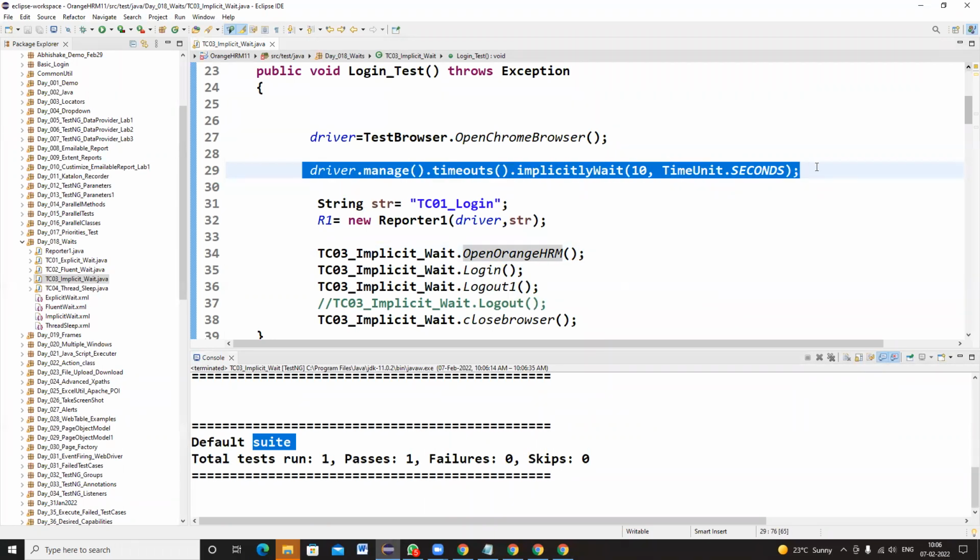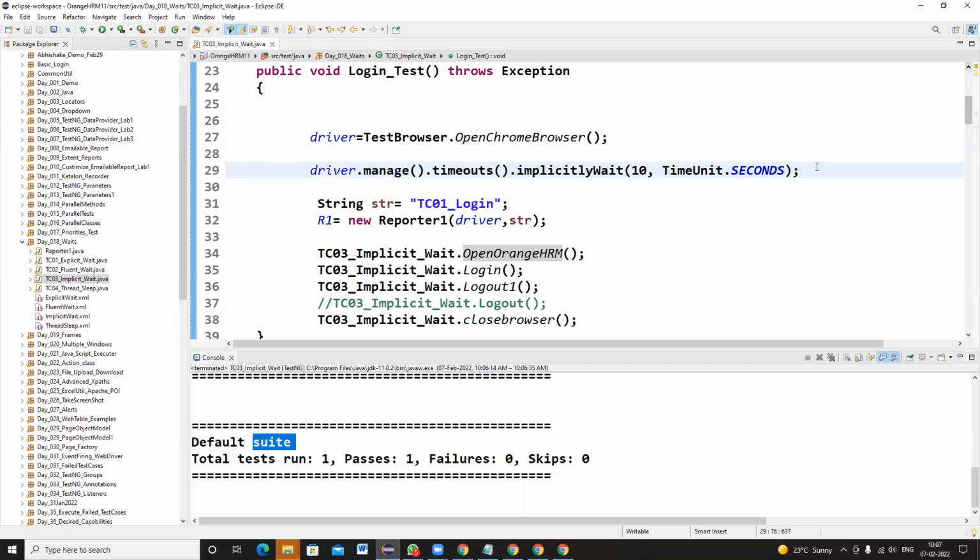In interviews, people will ask what is meant by implicit wait. The driver will wait as per the implicit time specified. In case any web element is not loading, the driver will wait as per the implicit time specified. This rule is applicable to any web element, not only logout. In case it gets loaded within the implicit time, the driver can handle it automatically at that particular line. Clear to everyone?